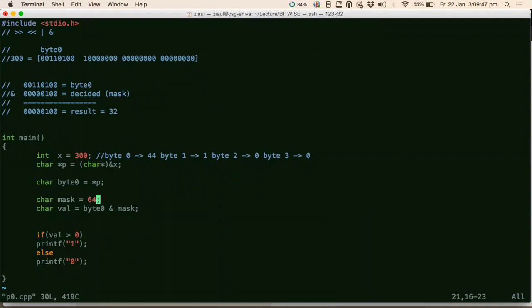Sir, I have a doubt regarding the data types. Yes. char star p equal to, we have typecasted x into char star, right? So what is being changed? What does that statement mean? You should have asked this when I was discussing that part. Anyway, previously without the cast, is this going to work without the cast? First, tell me that. No, because the right hand side is integer and the left hand side is a character, right? On top of that, it's a character pointer. Yes, sir, it should be storing the address of an integer, not a character, right?